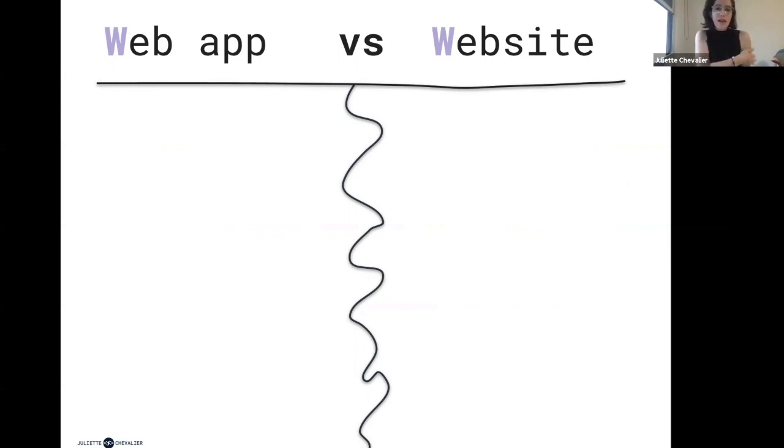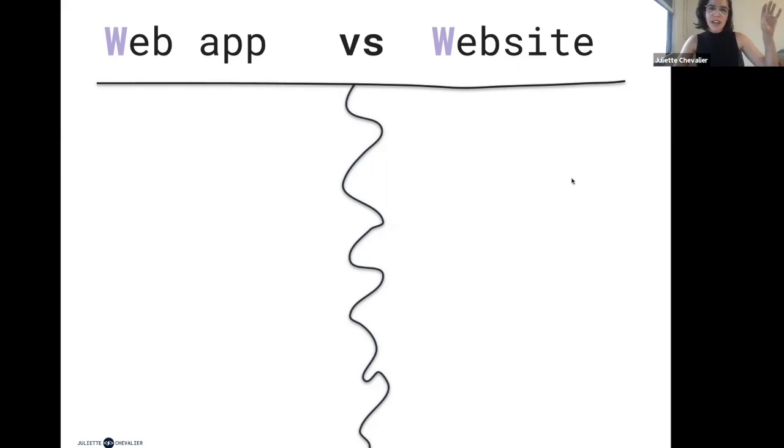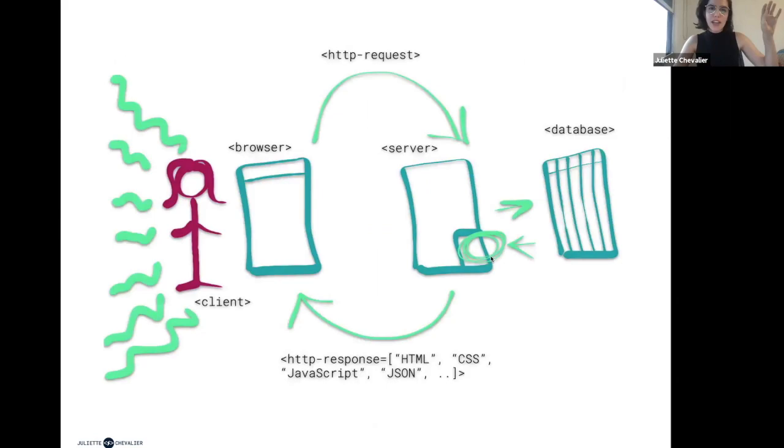You can access that same site in a few months and it's probably going to be the same. And at that point, you know that you're not having to log into your application or even contribute to it in some sense. So you can think of a website as usually being handled by merely HTML, CSS, and JavaScript, which means that your browser is going to be the one dealing with all of it. It's not really going to be your server running any computations.